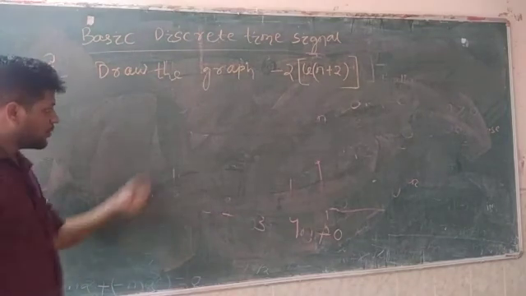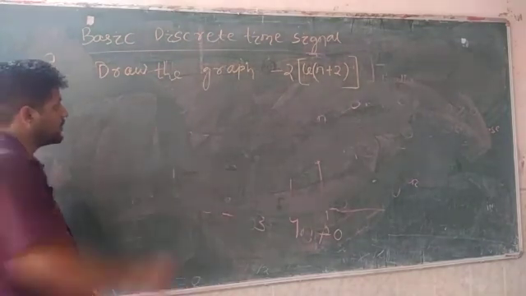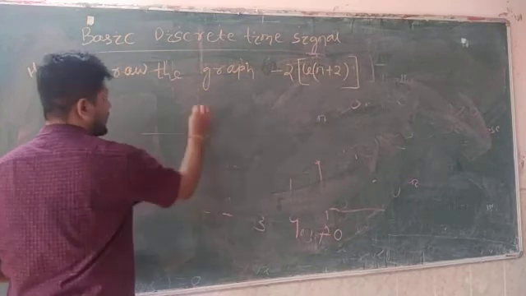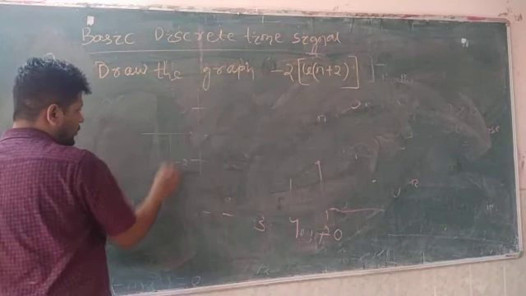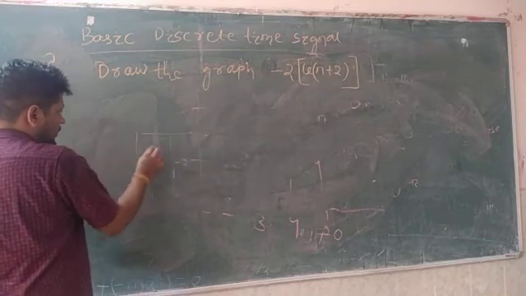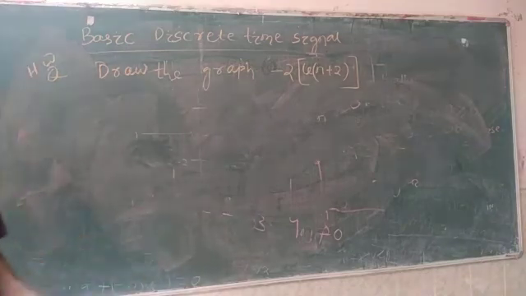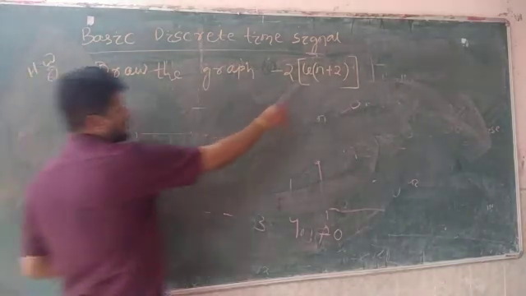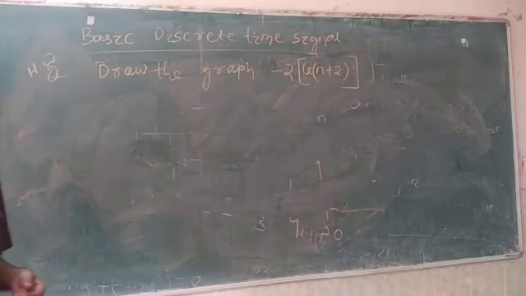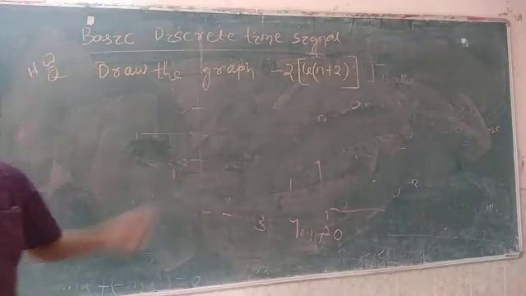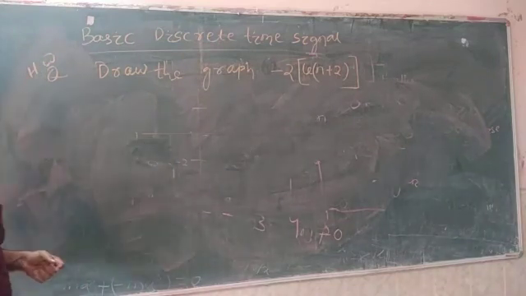Obviously minus 2 means you have to see the amplitude axis. I am just giving you hints: this is 2, so this is minus 2. So this height will be minus 2, and obviously you have to show the sequence in the downward direction. That will be minus 2. And this is minus 2 when n plus 2 is greater than or equal to 0, that means n is greater than or equal to minus 2. So we have to draw the graph for minus 2 u of n plus 2.